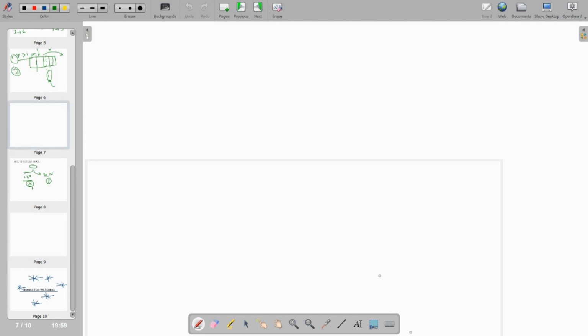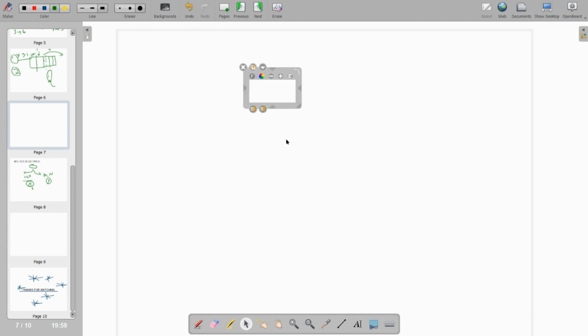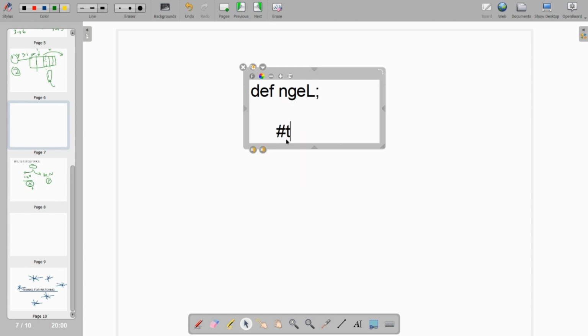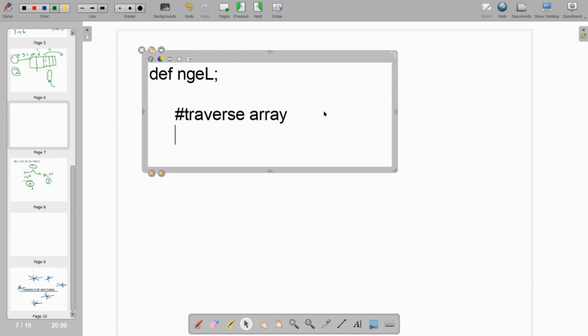If I write pseudocode, first of all define the next greater element on the left side or right side. First I check for the left side. You can traverse the array, and I write only the steps. Please try to convert them into code.